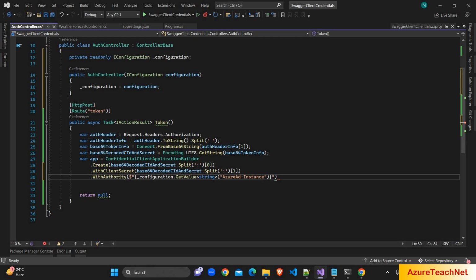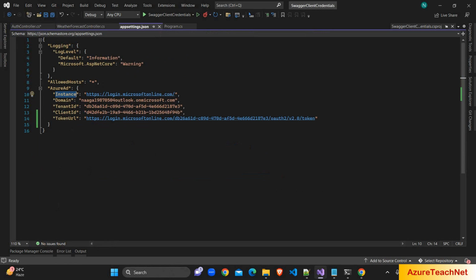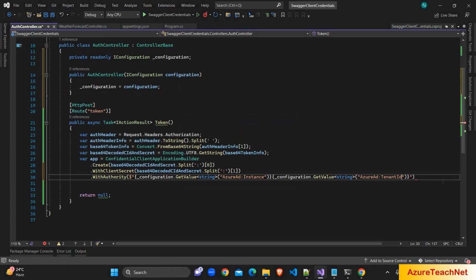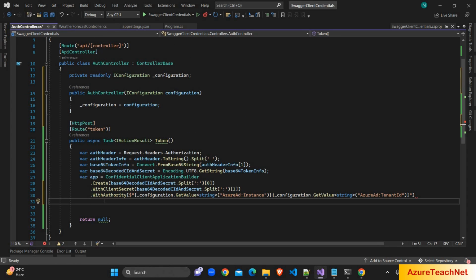After that we have to use the tenant ID. So I'm copying this again. I'm copying the tenant ID. So the instance slash tenant ID is the authority. After that we have to write Build,